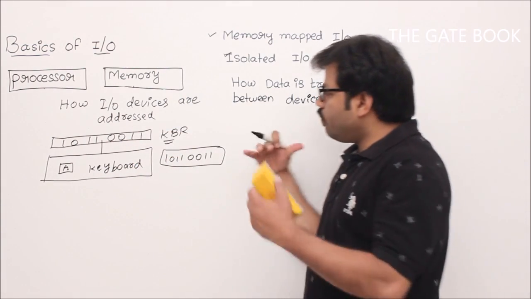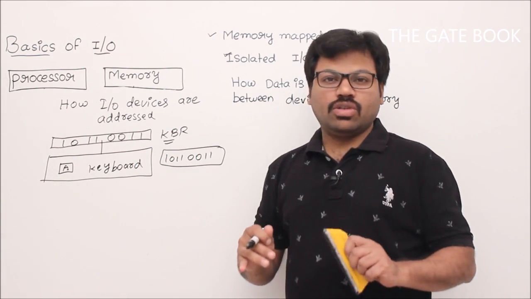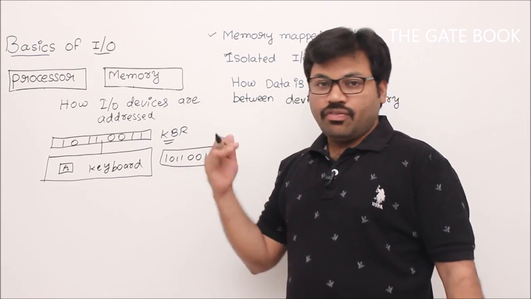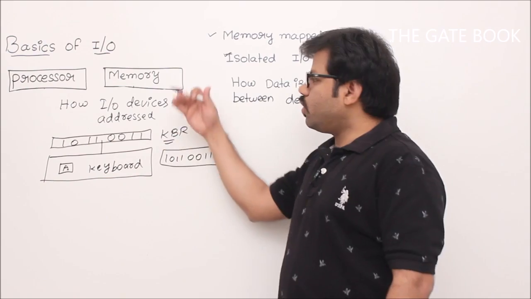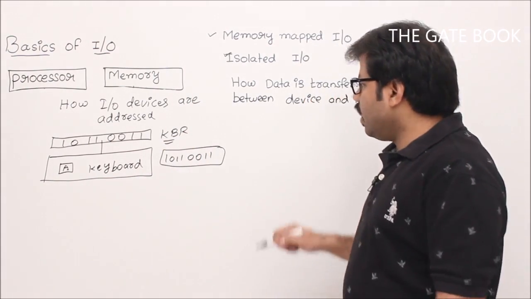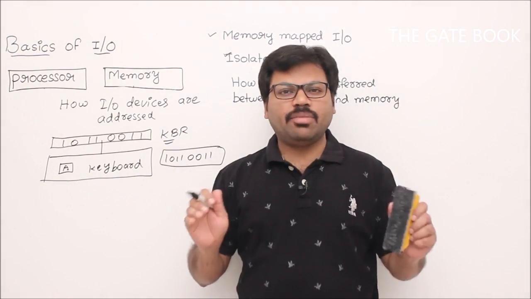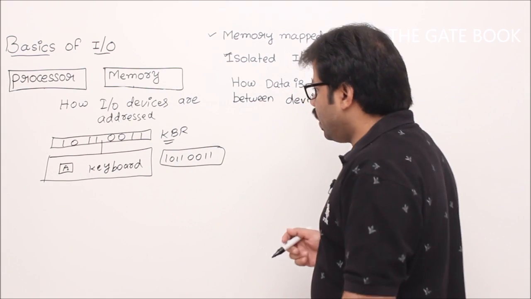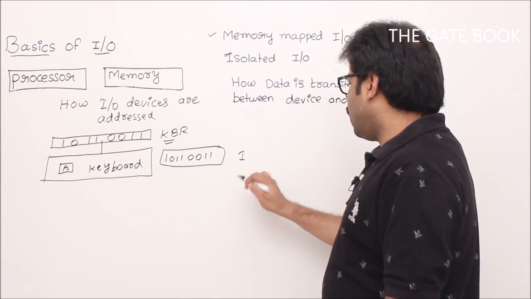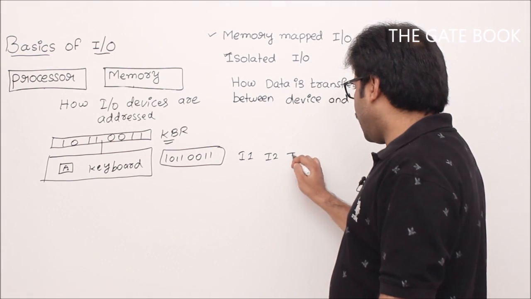That means we feel that the keyboard register is also part of main memory. If it is part of main memory, then how you give the address, in the same way we are going to give. Otherwise, I can say the addresses are going to be shared between memory and IO devices. Okay, example, let's say you have 4 IO devices, I1, I2, I3, I4,